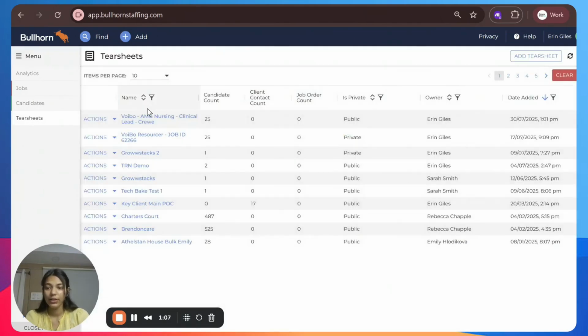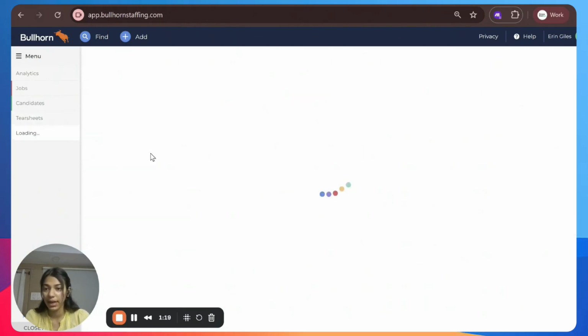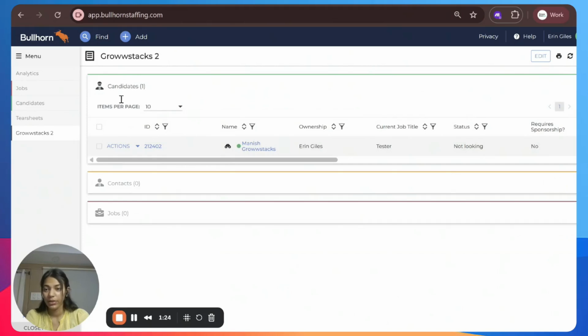Inside the tear sheets, a job consultant can come here and create a tear sheet that they want to make outbound calls to. A tear sheet is just a list of candidates to whom we have to make an outbound call. Suppose in this tear sheet there is one candidate. Then the number of candidates that will receive a call would be 1. And that's it for the entire Bullhorn menu.